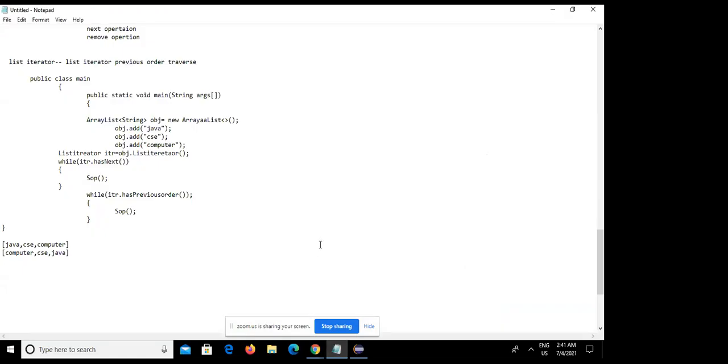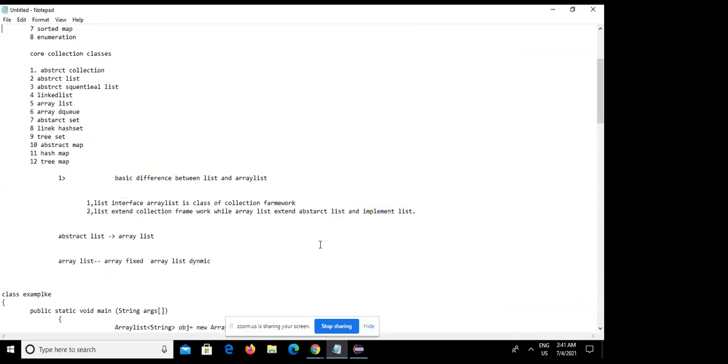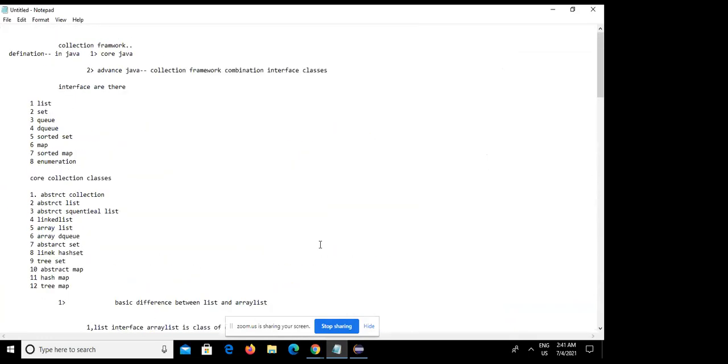What I taught today was parallel list and iterator, just the basic concept. So I am again revising the collection framework. The collection framework is basically a combination of classes and interfaces. Inside the interfaces, we have 8 types of interfaces.